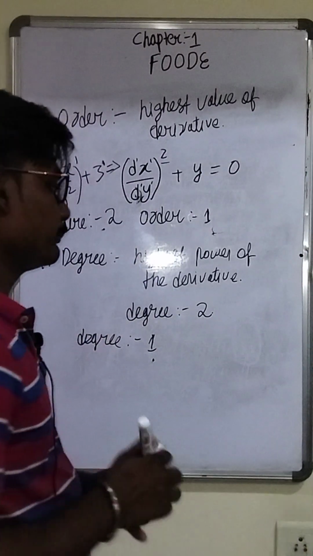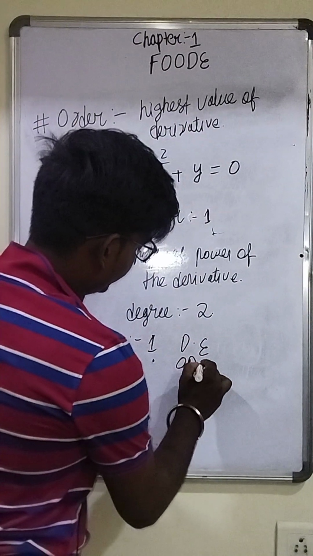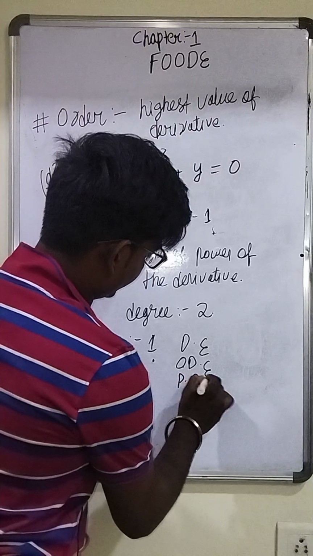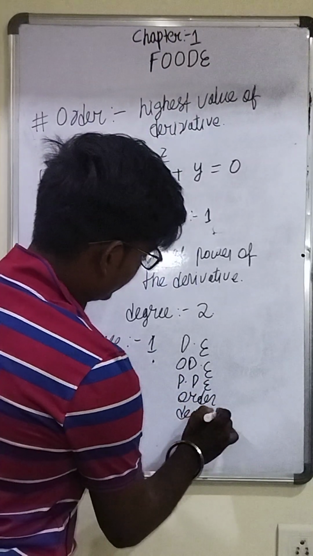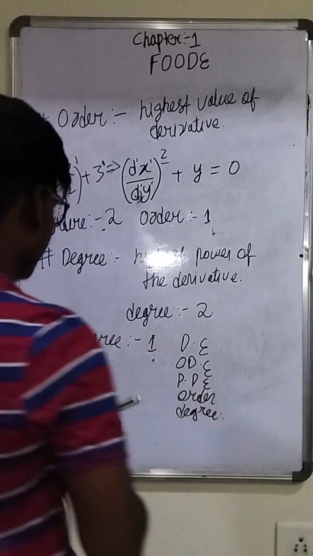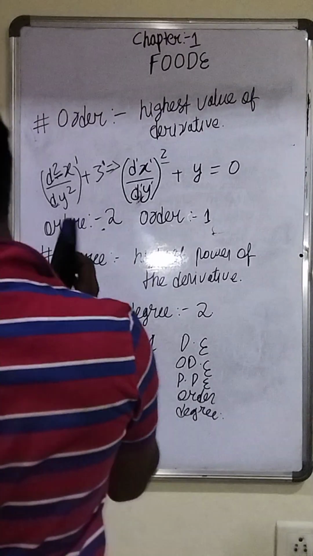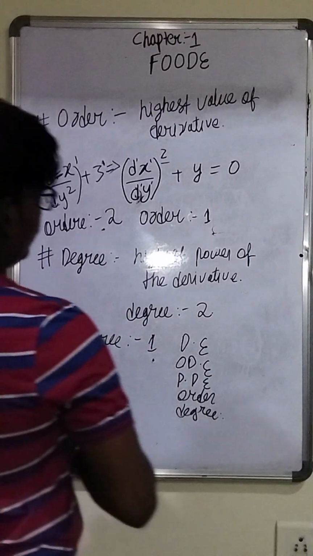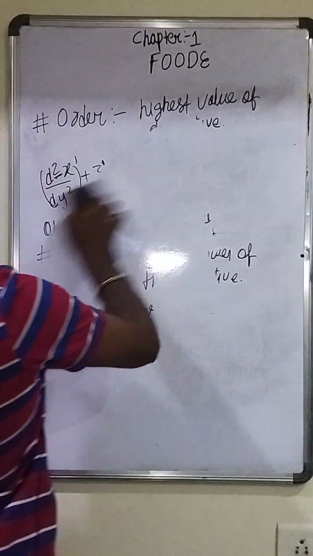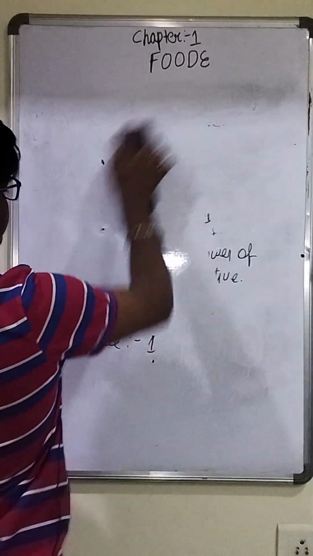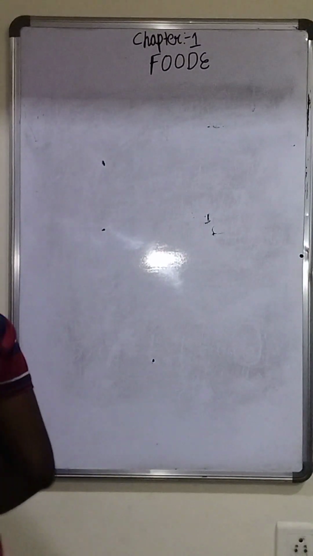Till now we have discussed the differential equation, ODE, PDE, order and degree. The last 2 to 3 topics are remaining, we will discuss them, and then tomorrow we will discuss some numericals of this chapter. So moving on to the next topic, which will be the solution.